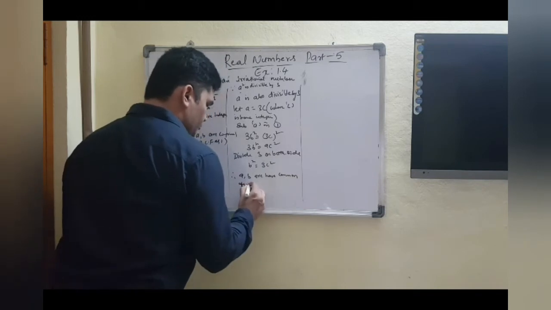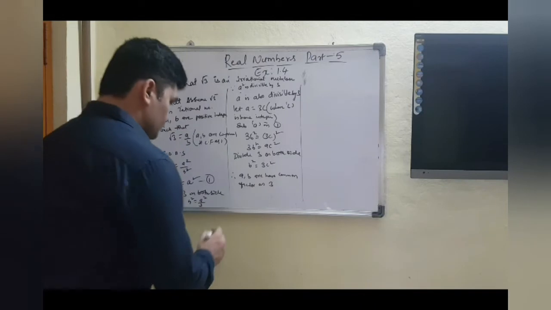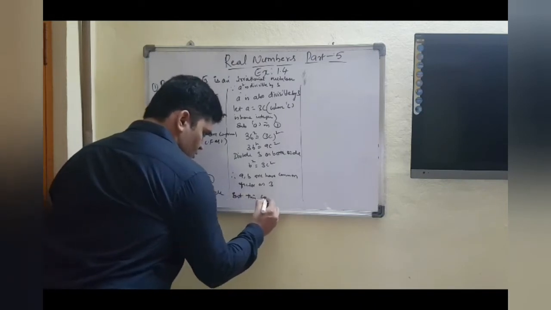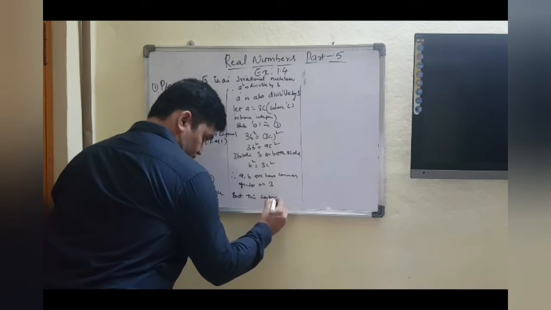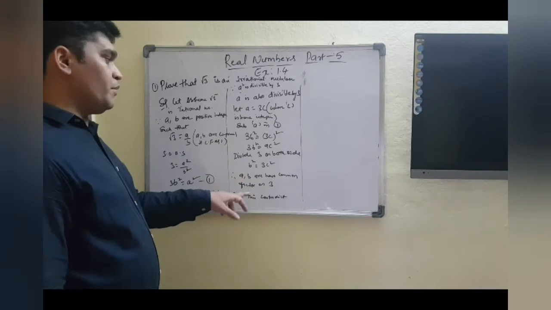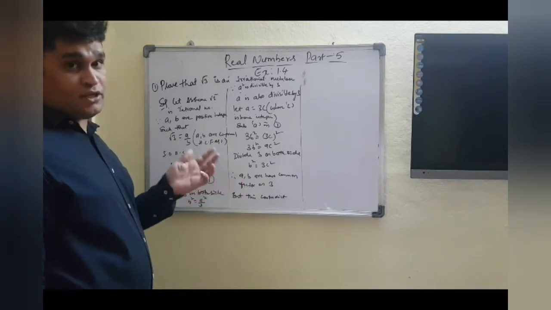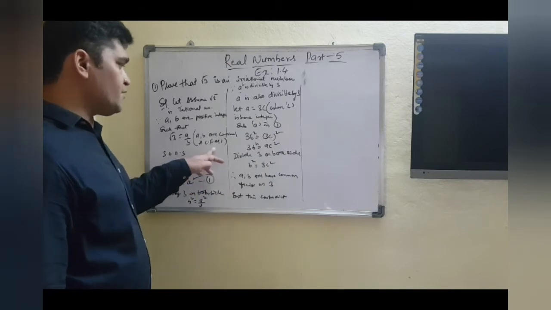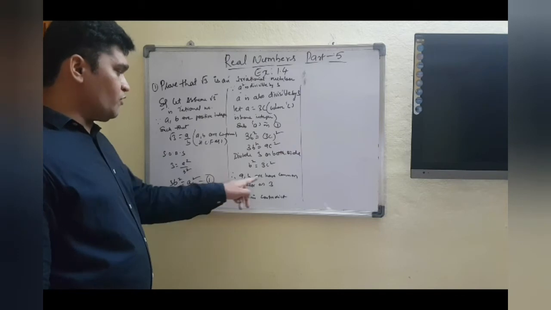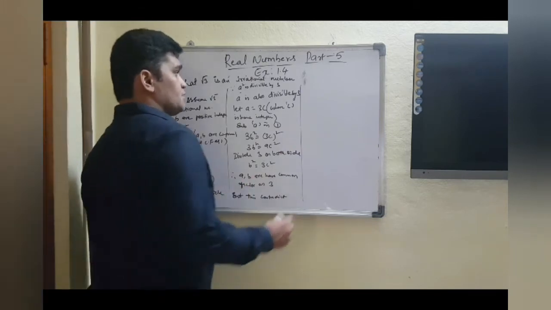common factor as 3, but this contradicts. What does it contradict? That if a and b are integers in the form of p by q and it's a rational number, they should have only HCF as 1 as a common factor. HCF should be 1, right? But what we got? 3 as a common factor we got. Therefore, this contradicts